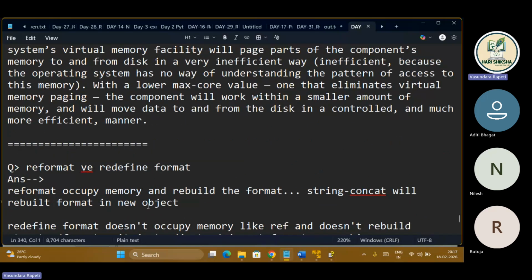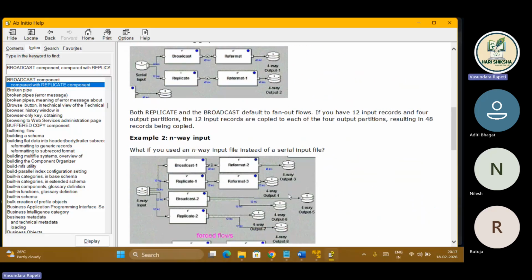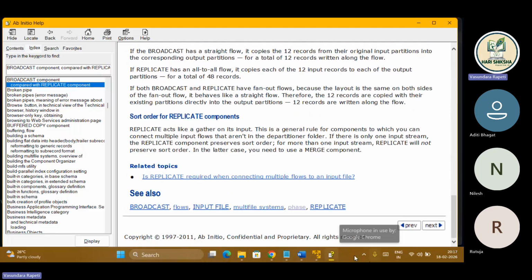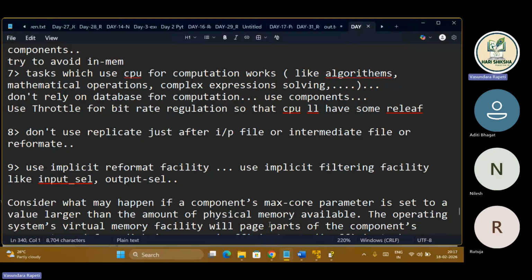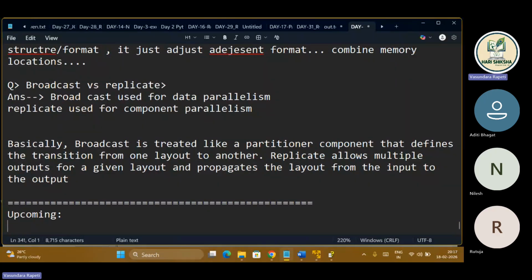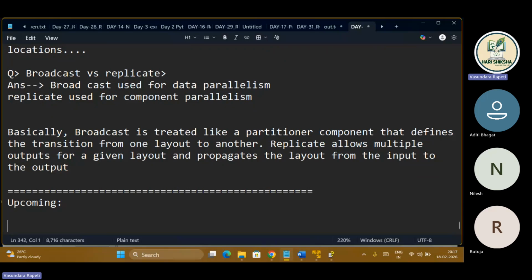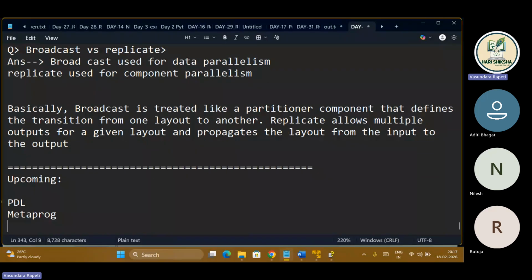Okay, guys, so we have completed here. Partitioning-related maximum questions we have done, repartitioning-related also. Then performance tips also done. What are the remaining upcoming topics? I will just list them out and we'll close now. Yeah, 8:17. Partitioning done, then PDL remaining, metaprogramming remaining, that we will do tomorrow, and then conduct IT